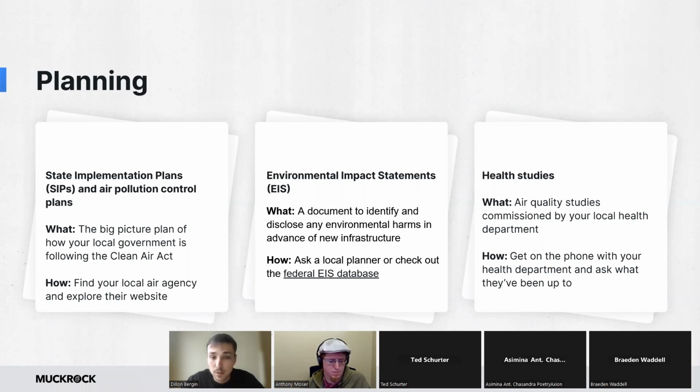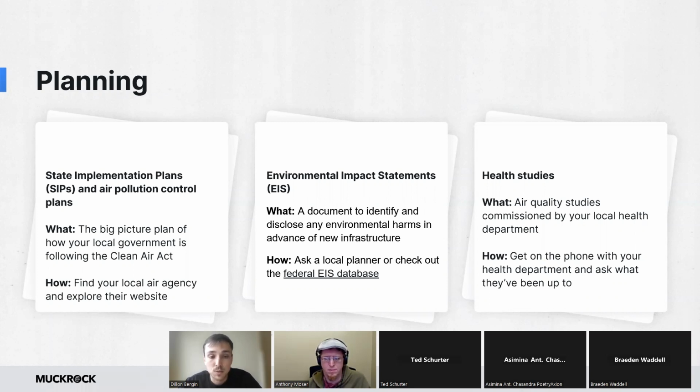The second document I want to talk about is environmental impact statements. Again, like state implementation plans, they were codified in NEPA for federal projects, and at a local level, they are also very interesting and important, though they may not always apply or happen as often as they do for the very specific federal projects that NEPA specified. Some states do require it though, like Minnesota. I know Minnesota has a very specific air emissions risk analysis. New York City also has a very specific environmental impact statement and review process.